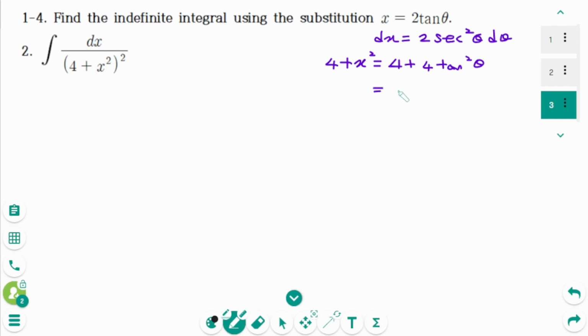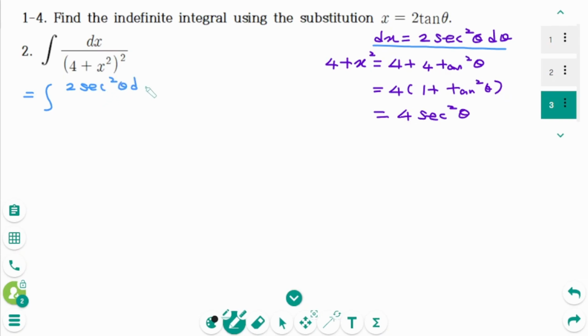Then we can factor, take out 4, 1 plus tangent squared theta equals 4 secant squared theta. Back to the original, the integral of dx equals 2 secant squared theta d theta over 4 plus x squared, which is here, 4 secant squared theta squared